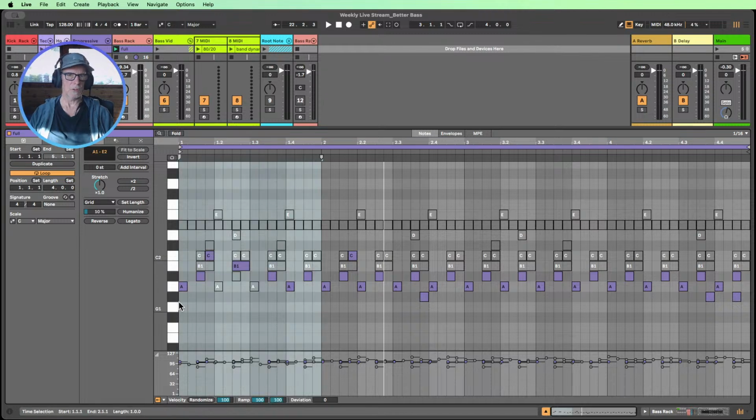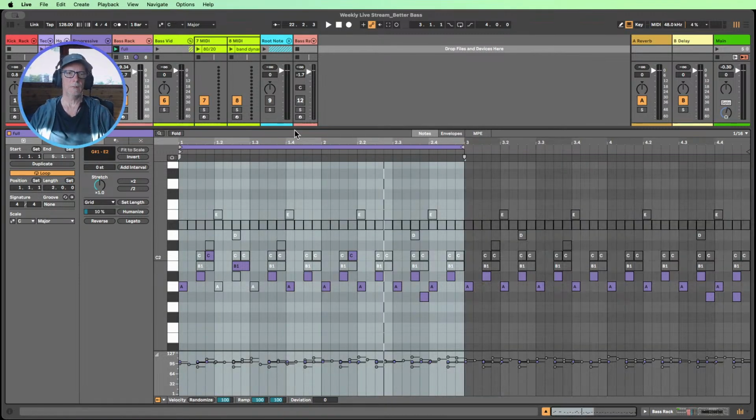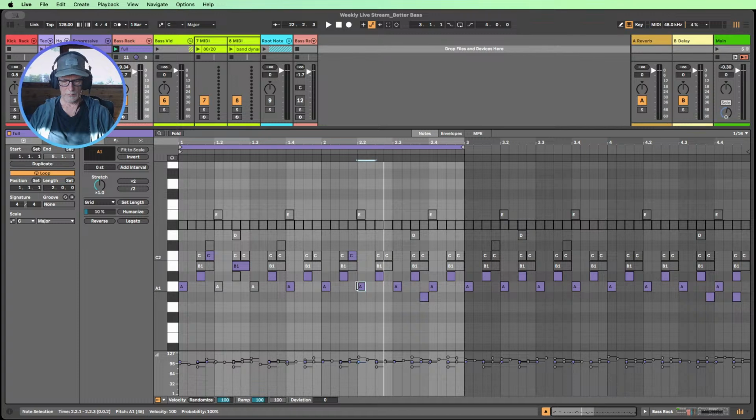So what I'm going to do is just loop maybe 2 bars. We don't need 4 bars of it for the moment while we try and find a good pattern. And let me copy that into the second bar with a change or two. So let's say we're going to take that out, and we'll have something, yeah, a bit of variation there.